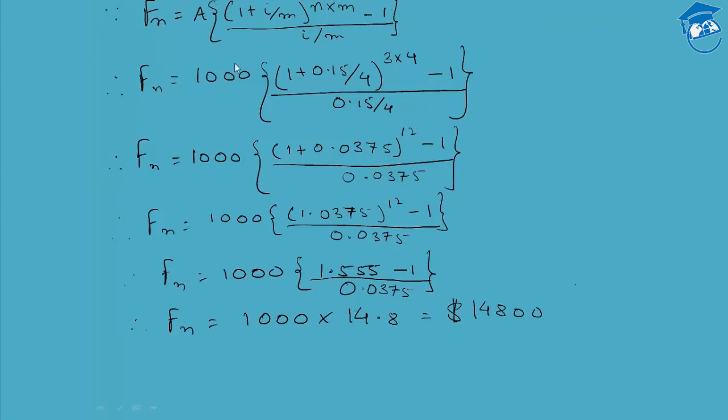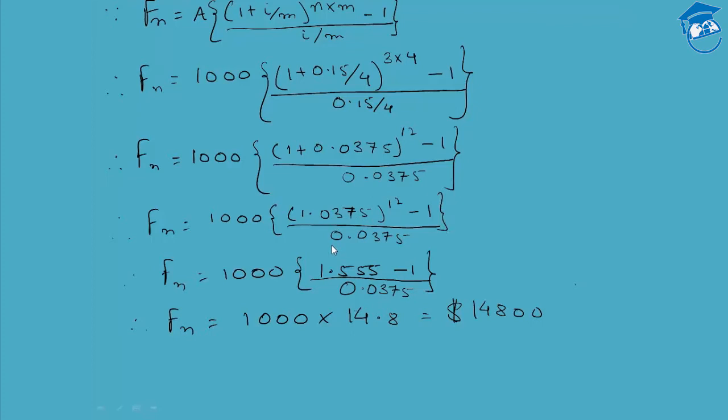Putting the variables in the respective places in the formula, Fn becomes 1000 into curly brackets 1 plus 0.15 upon 4 raised to the power 3 into 4 minus 1 curly bracket close upon 0.15 upon 4. Therefore, Fn is equal to 1000 into curly brackets 1 plus 0.0375 raised to the power 12 minus 1 upon 0.0375. Therefore, Fn is equal to 1000 into curly brackets 1.0375 to the power 12 minus 1 curly bracket close